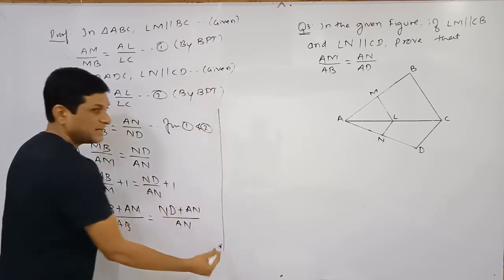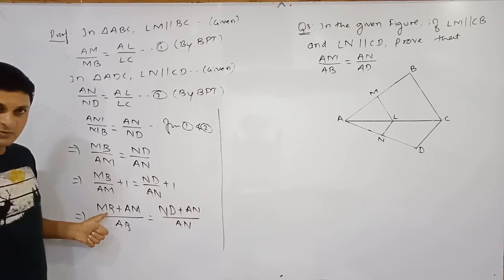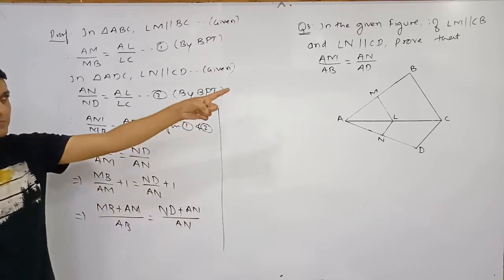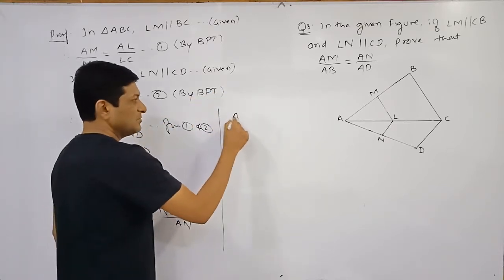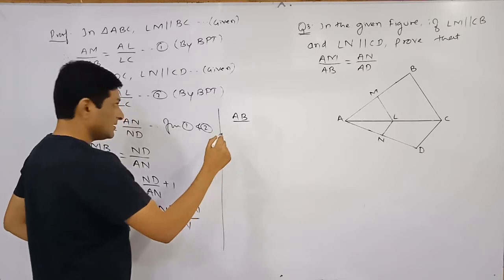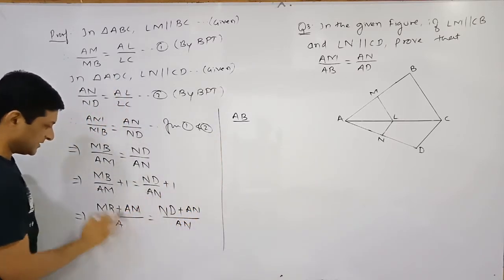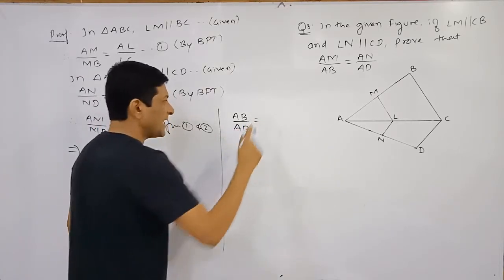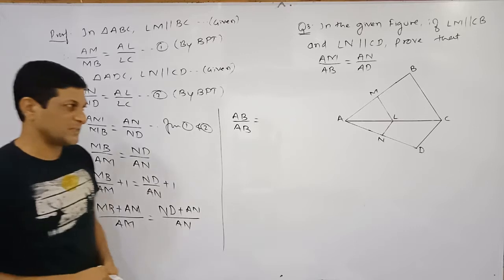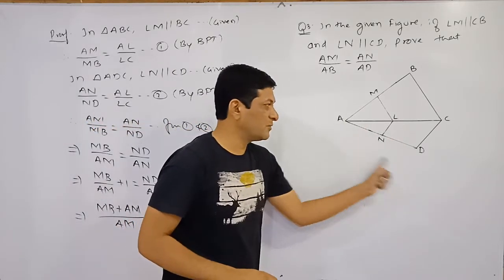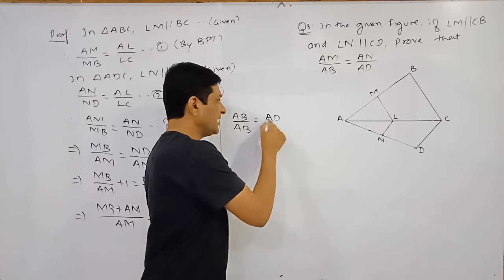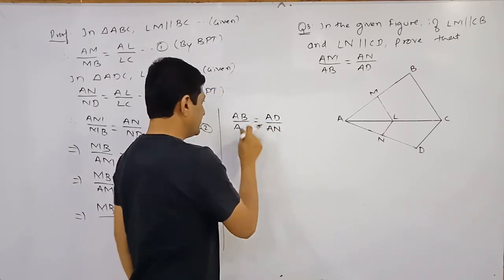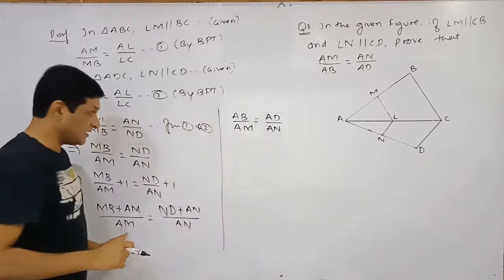So now let us simplify it. Try to take the addition of these two segments. Observe the figure very carefully. MB plus AM, can I say that it will be equal to AB? And in the denominator, AM keep it as it is. Here AM is in the denominator. So on the right hand side, take the addition of the lengths of these two segments. AN plus ND will be equal to what? AD. Upon, in the denominator, AN keep it as it is. Sorry, here in the denominator AM is there. Okay, in the denominator AM is there.